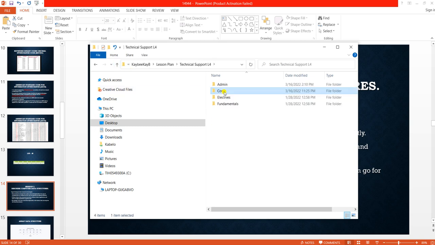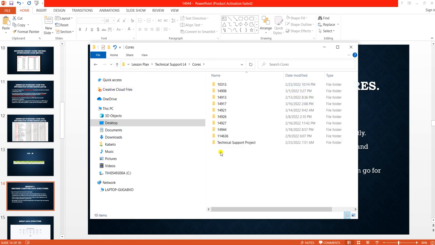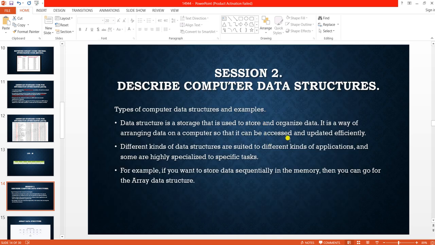The parent is the core, and it contains children within it, and within these children, we have data within these subfields. It is a way of arranging data on a computer so that it can be accessed and updated efficiently. Different kinds of data structures are suited to different kinds of applications, and some are highly specialized to specific